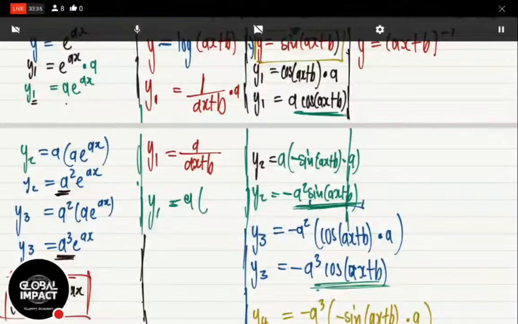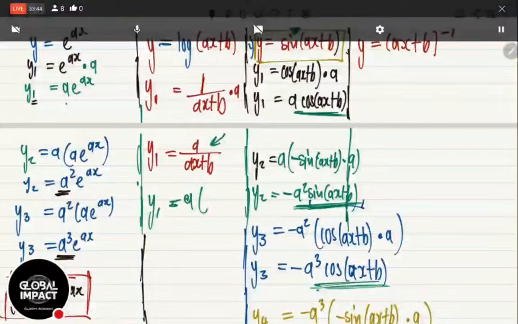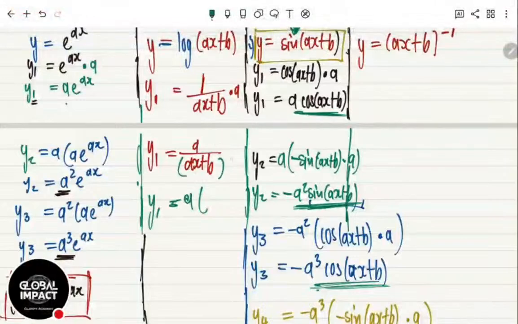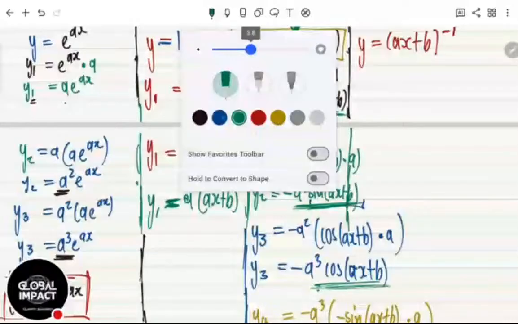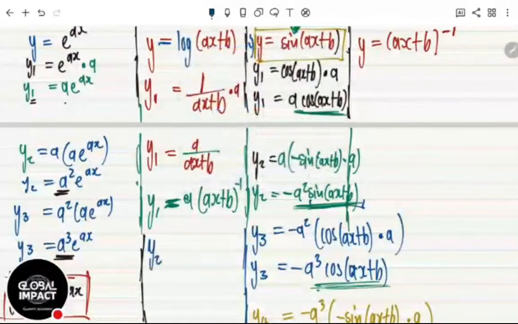Yes, we continue. Now we have my first derivative. Look, you can't keep this as a fraction. This is just a number. Here we have this whole thing to the power of 1. If I take it up, this whole thing is now to the power of negative 1. So it becomes ax plus b all to the power of negative 1, because a was just a number. That is why I won't put a fraction when I just have a. Now, when I have it like this, I differentiate to get the second derivative.